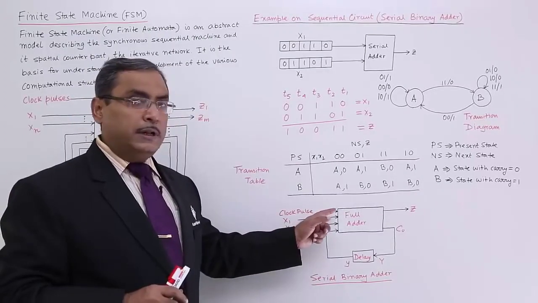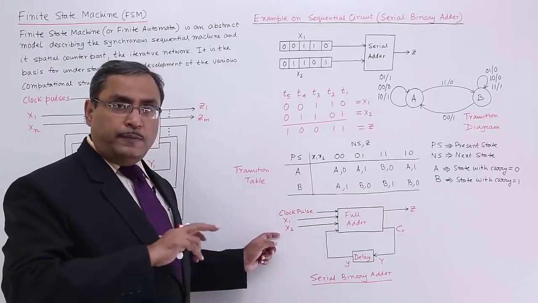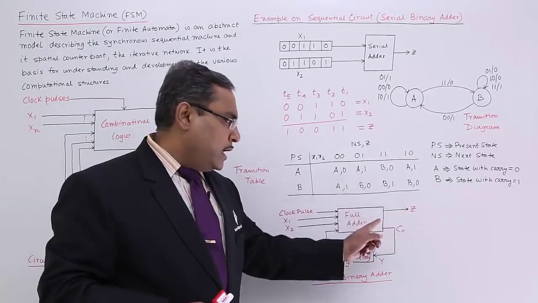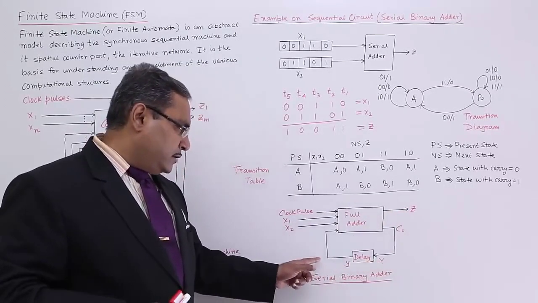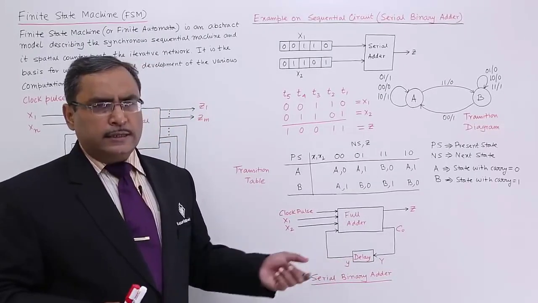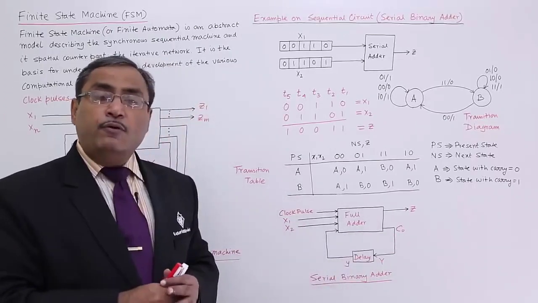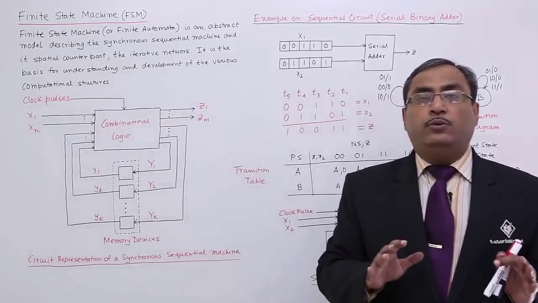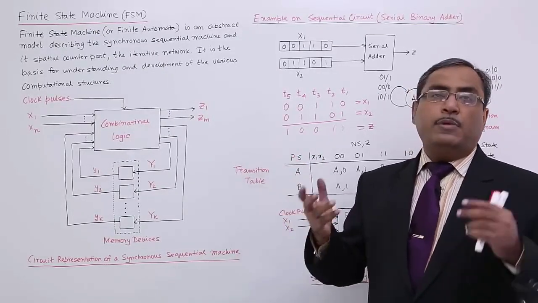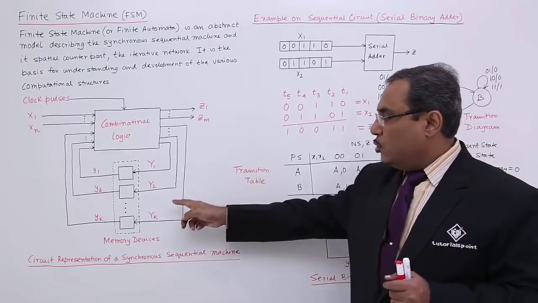Now that is the basic schematic diagram of this serial adder. I have a clock pulse because it is synchronous, and then x1 and x2 provide the inputs. The serial adder gives the sum as output, and the previous carry becomes the next carry after application of a delay. What is the delay here? The delay is nothing but the clock period. This is the serial binary adder diagram. But for the generic one, where we have n inputs and m outputs, the schematic diagram will be something like this.